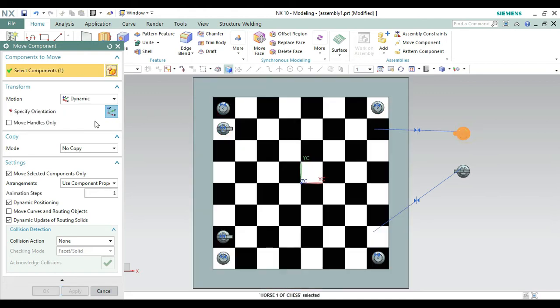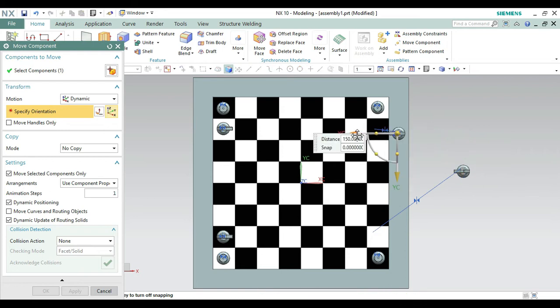Select this one, specify the orientation, drag with the Z axis first, then drag with this. By making a preferred touch, it will directly align with that space. So it will be easy to drag. So it is necessary to make the assembly constraints.